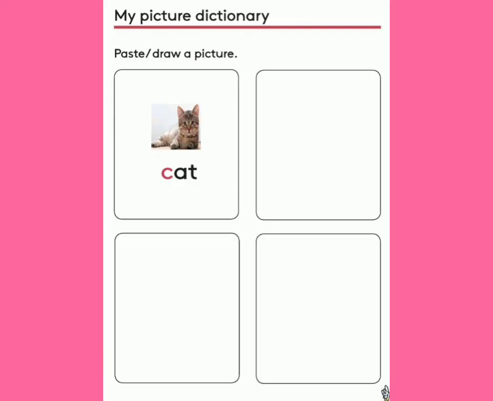The final exercise is from your picture dictionary, my picture dictionary. What they have asked you all to do is paste or draw pictures starting with letter C. You can either draw pictures starting with letter C, or also you can paste it out. If you have pictures related with letter C, then you can paste it out and you have to write the names of it. I hope you will enjoy this lesson. I think my explanation was really clear for you all regarding letter C.